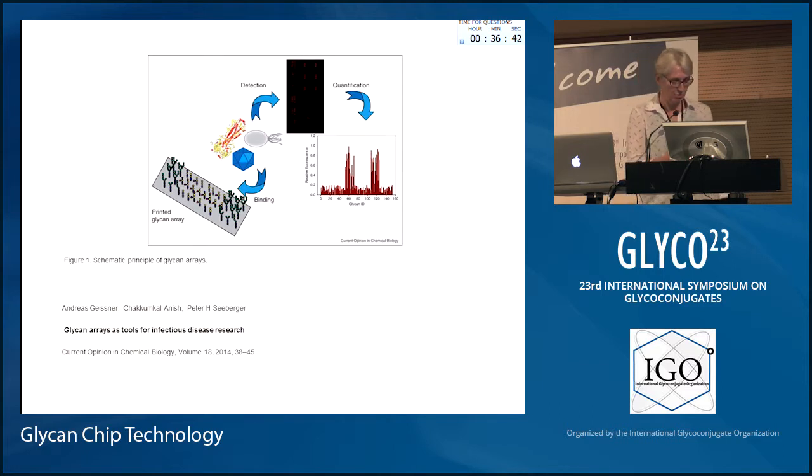So this comes from Peter Seeberger's review, and it just shows the general principle of Glycan arrays. In glycomics and glycoscience, you've got Glycan arrays and lectin arrays. Rita had already alluded to the lectin arrays. What I'll be talking about is exclusively Glycan arrays. So what we generally do is immobilize glycans in some sort of array format. So we've got printed Glycan arrays, and you can see these are all the different